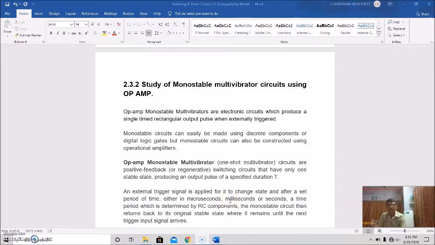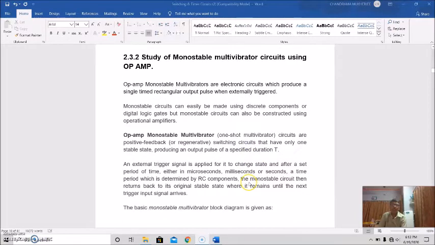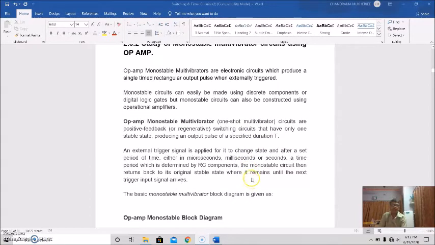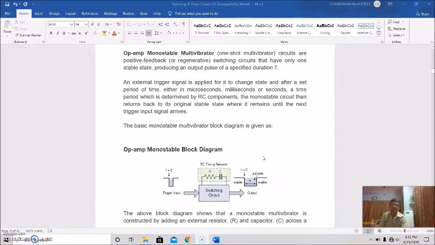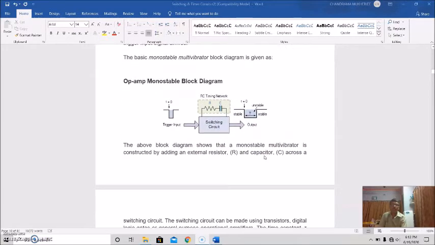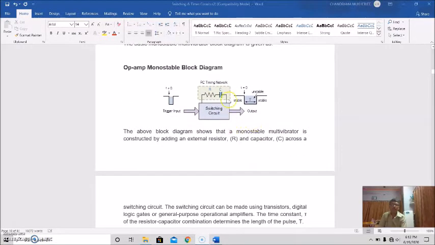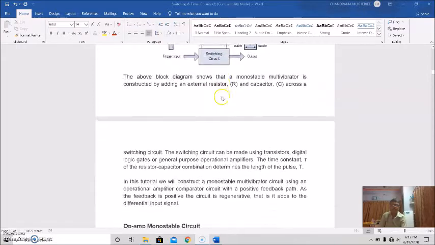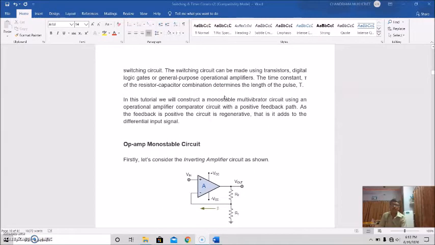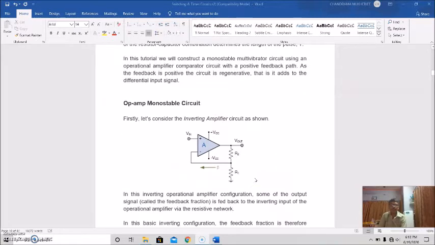In the last class, we started our study of monostable multivibrator circuits using op-amp. We discussed step by step how the op-amp monostable multivibrator, that is one shot multivibrator, has been designed. We started with the basic monostable multivibrator block diagram, that is a switching network, with the RC timing network as a feedback, and how the op-amp monostable circuit is designed from the start,